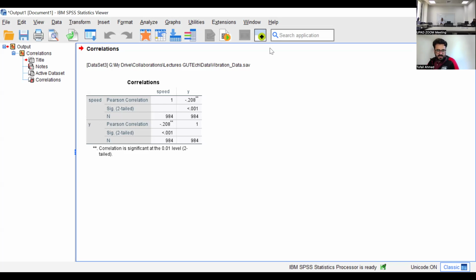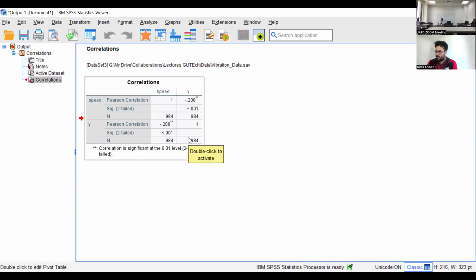Right now you say there is a weak correlation between the speed of the bicycle and the vibration faced by the bicyclist, because of this value, minus 0.208.